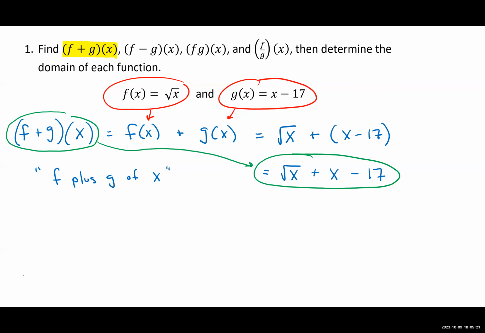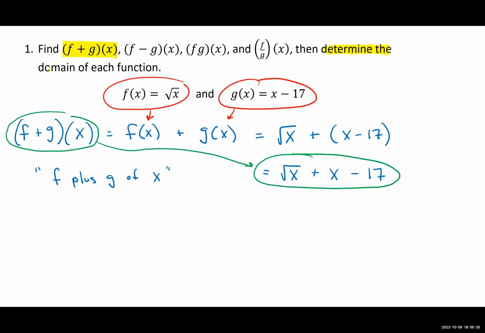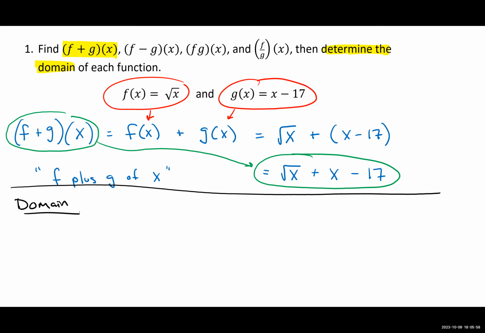So there's basically two parts to each of these problems. There's find each one of these, in this case, f plus g of x, and then determine the domain of each function. So here's the function f plus g. What is the domain of this function? Well, for the domain, I'm going to switch to a different color because this is part 2 of the problem. For the domain, we have to consider, so let's write this down. We have to consider